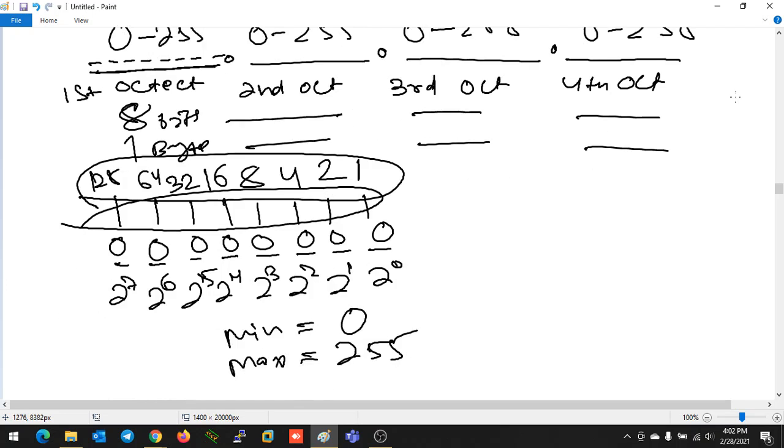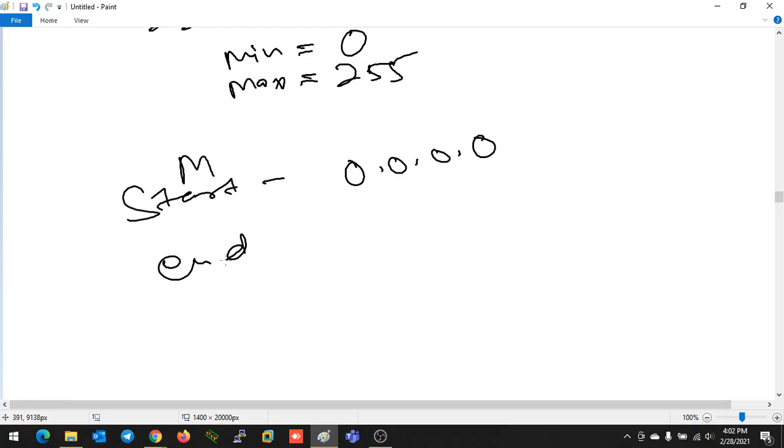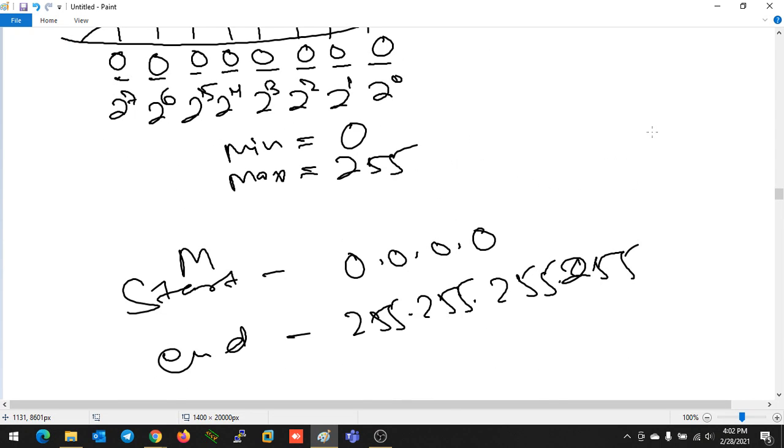So how many IP addresses do we have? The starting IP address will be 0.0.0.0 and the maximum IP address will be 255.255.255.255. So from 0.0.0.0 up to 255.255.255.255, all are IP addresses which we can use.